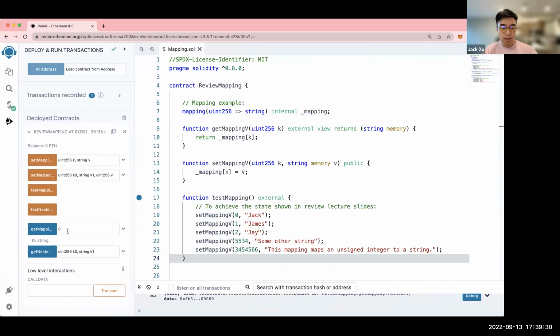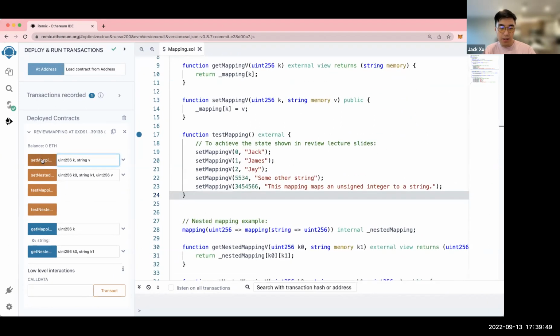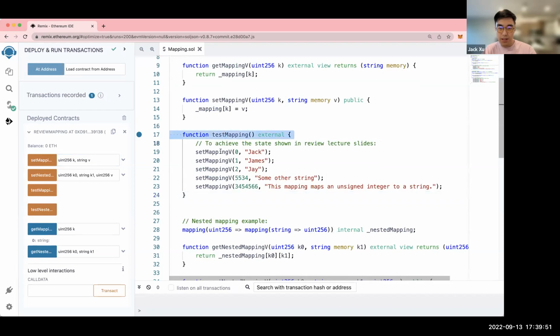And same thing for 1, same thing for 2, 300, and don't worry about this 0 here. 400, everything is empty. Once we set the mapping, let's actually call this test mapping function instead, because it will just set all of these at once.